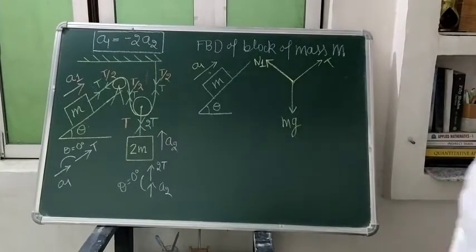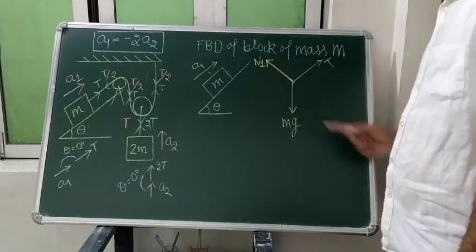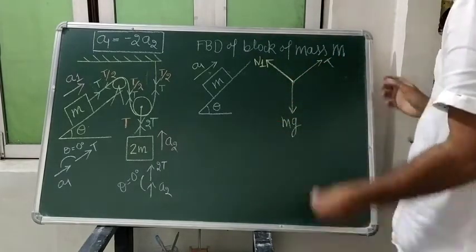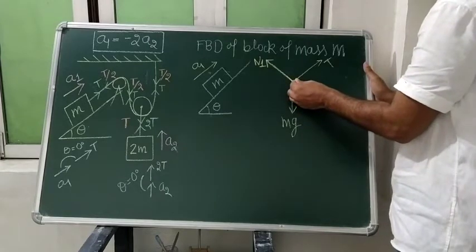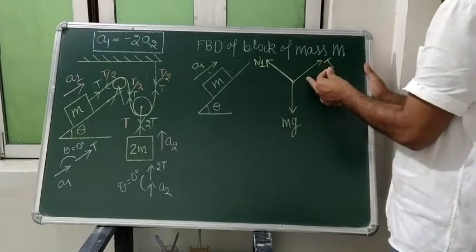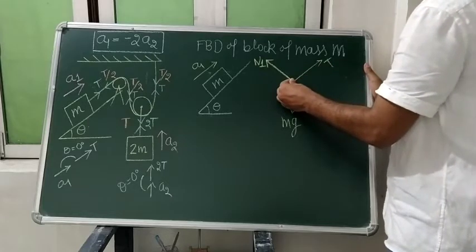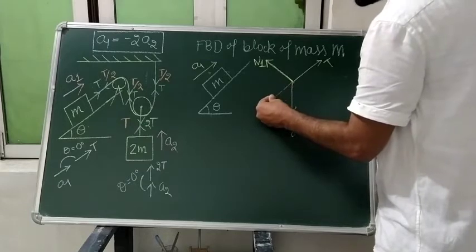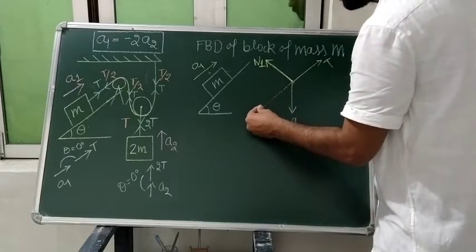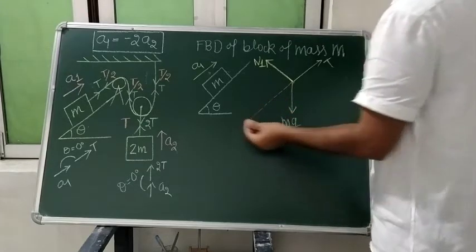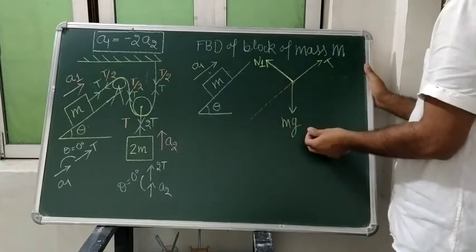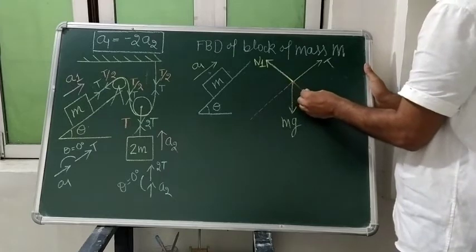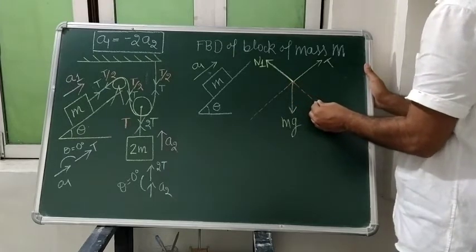Always remember that normal force will always act perpendicular to the surface. Okay? Keep that point in your mind. Of course, students, normal and this tension T are present either along the contact surface or perpendicular to the contact surface. But this force due to gravity, mg, is not along the contact surface or perpendicular to the contact surface.